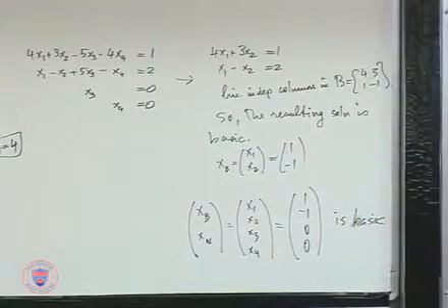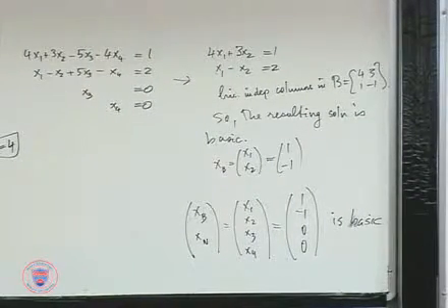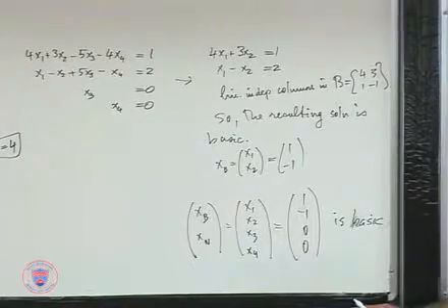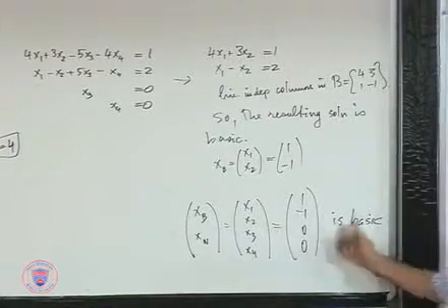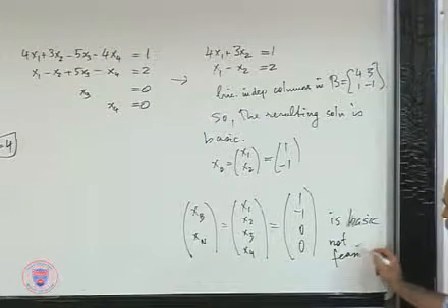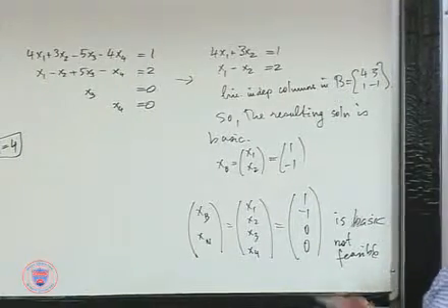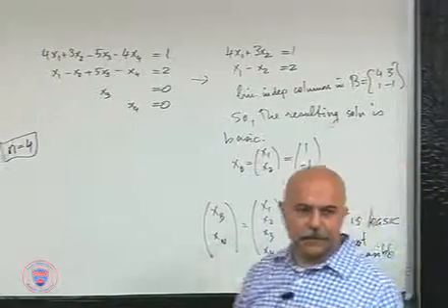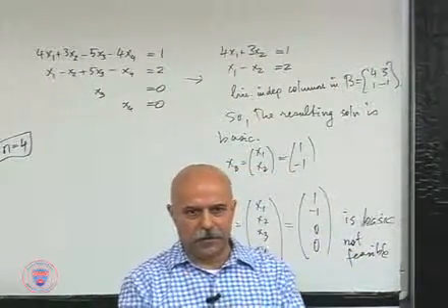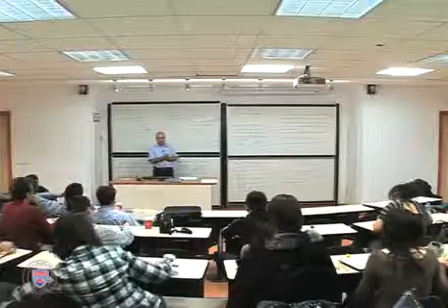Okay? So there's an interplay between the m-dimensional and the n-dimensional, which is quite obvious here. And is it basic feasible? Not feasible. But it is basic. You can try out other basic variables or basis matrices, B matrices, and see what you come up with. Okay? I'll let you go at this time now.